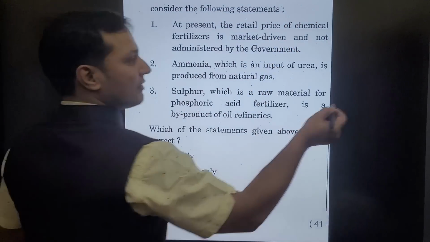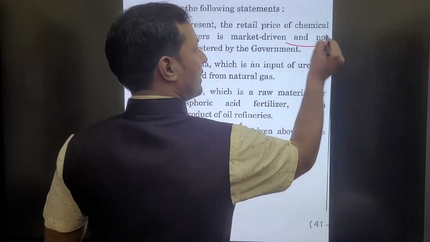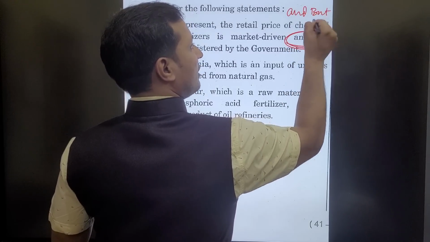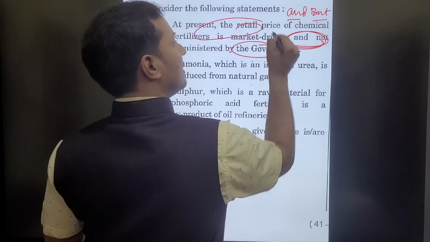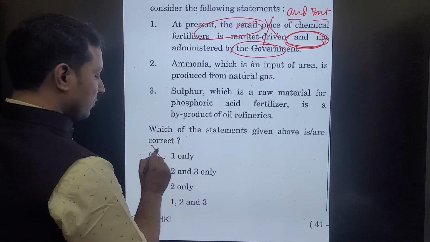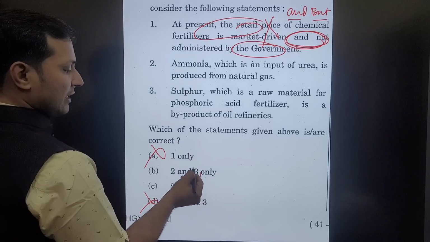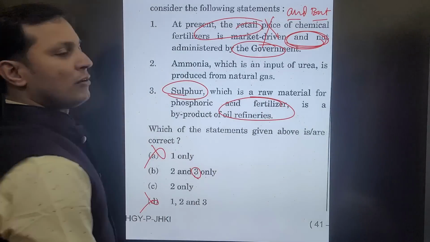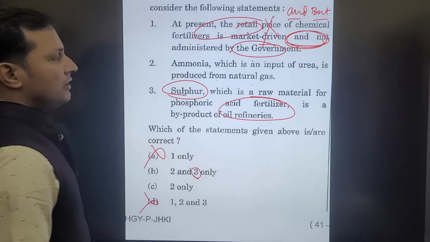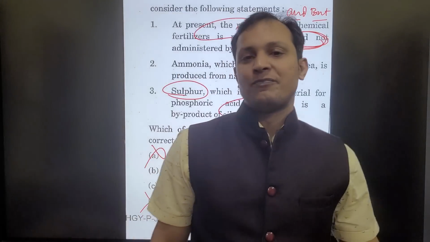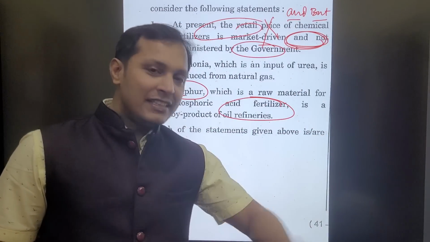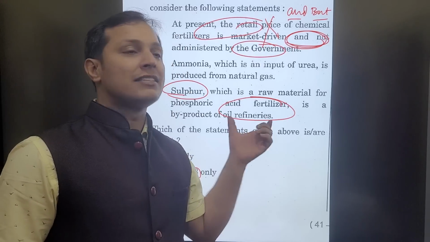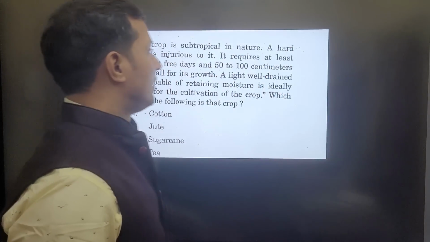Okay, first statement, compound statement with "and not". I have told you, whenever "and not" or "but" is used and 2 sentences are clubbed, generally those statements will be incorrect. You remove one. Then you have to see only 3, because 2 only is both 3. 3 is sulfur. Obviously, sulfur is coming from oil refineries. Just now I gave you the logic why. You see how you have to think inside the exam hall. For this, you have to start thinking while you practice only. Still you can solve my Optima test and you can master these techniques. Let us see the next question.